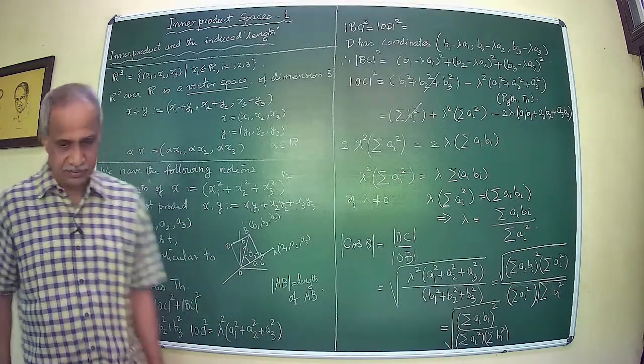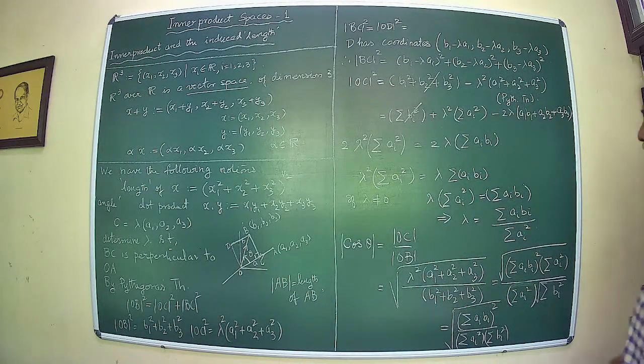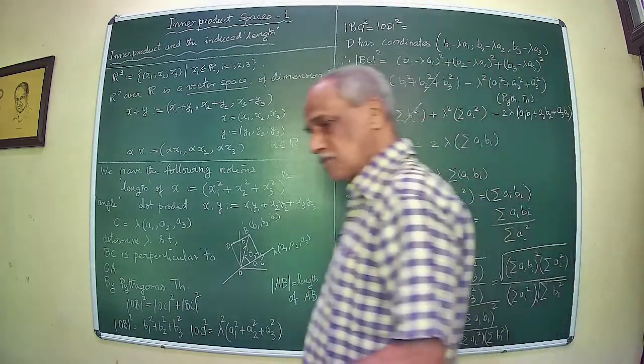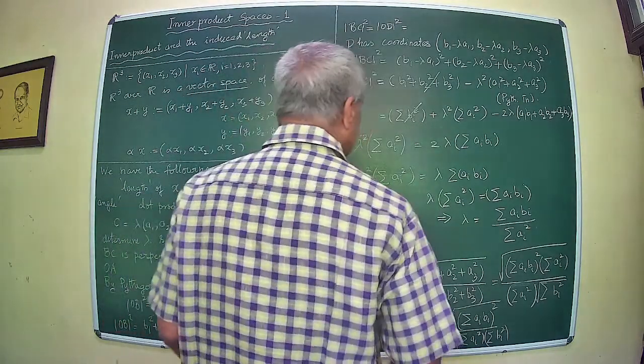Okay, right. So you have got essentially sigma AI BI. So cos theta equal to